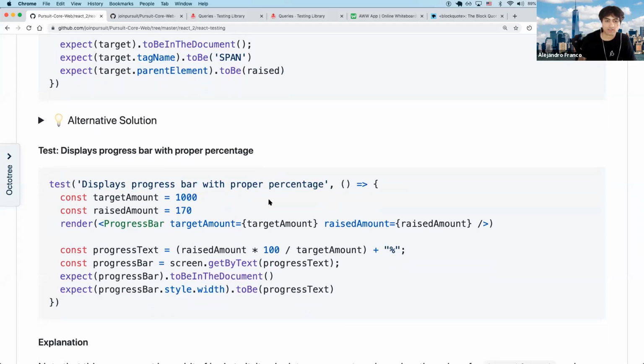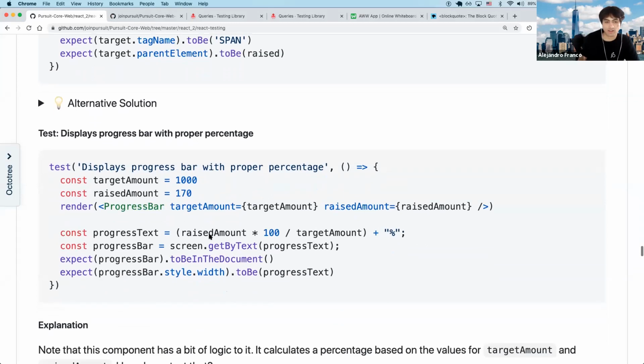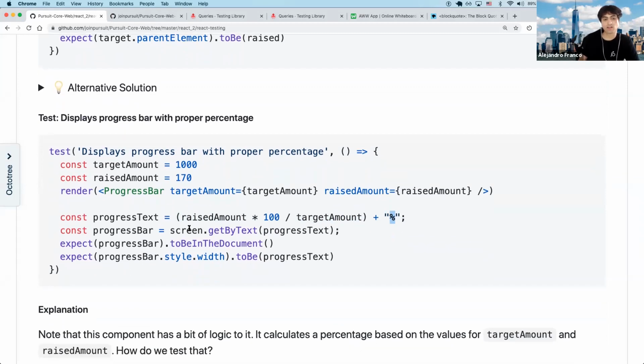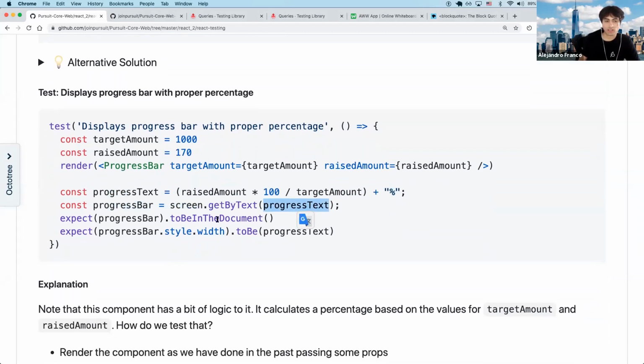What we did there is, that's part of the progress bar. So we render the progress bar again on this separate test, do the math, put the percentage sign, and we just get from the screen, we get the progress bar by that text. And then we expect that to be in the document, to be rendering, to be showing up. And here we're doing this extra assertion, I should say, that checks that the style, that width property of the progress bar, will be equal to the progress text, which is 40%, 50%, 44.11%,